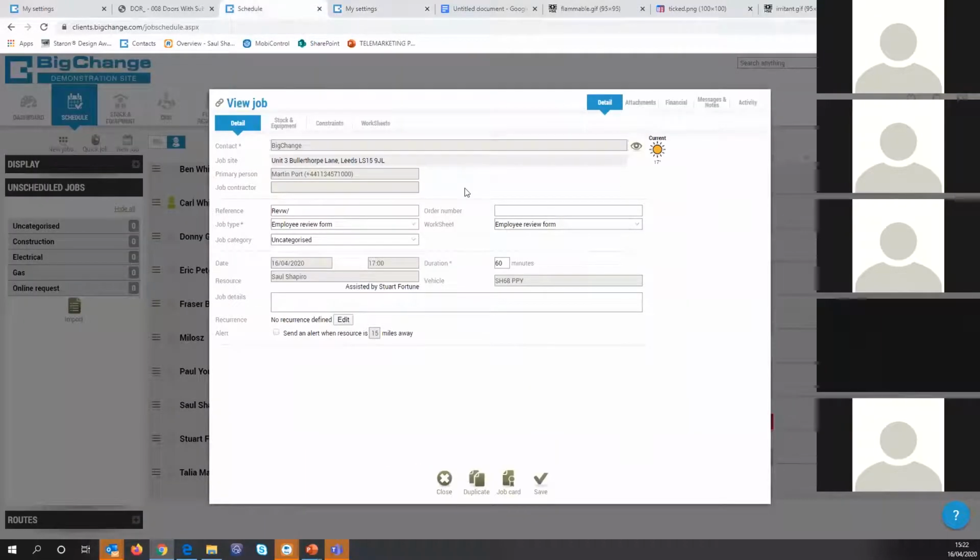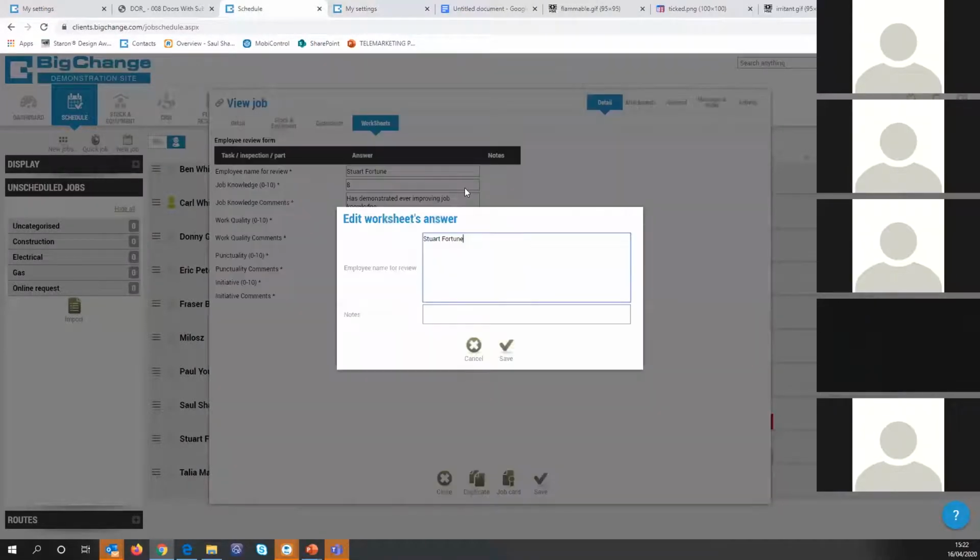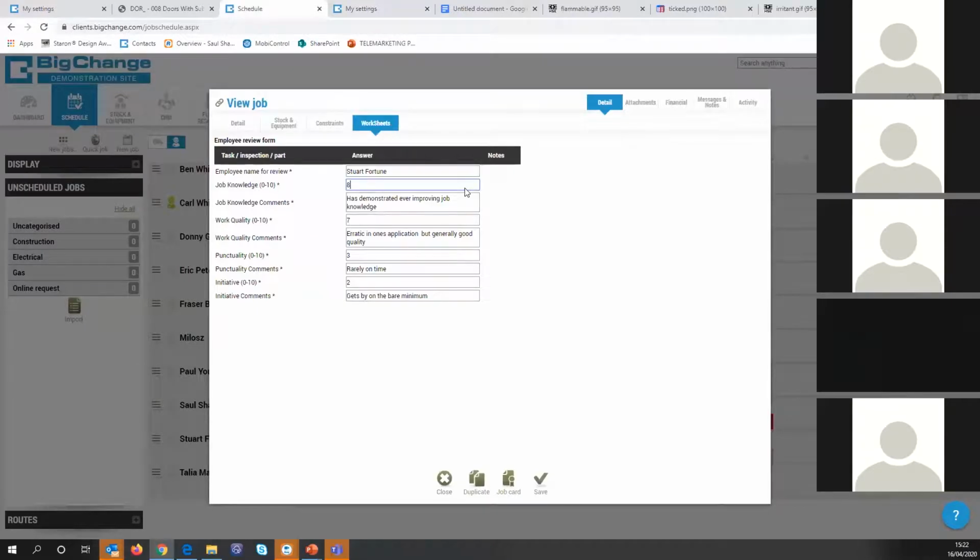So this is the job that we've got, and we're just going to head to worksheets. We fill in the employee's name, so it's Stuart, and we fill out whole numbers, it's asking us for a figure from 0 to 10. So we're scoring him on his job knowledge, his work quality, his punctuality, and his initiative. All these answers are going to get registered. It's the same for any quantity questions that you've got in your worksheets. And what we're doing in the template